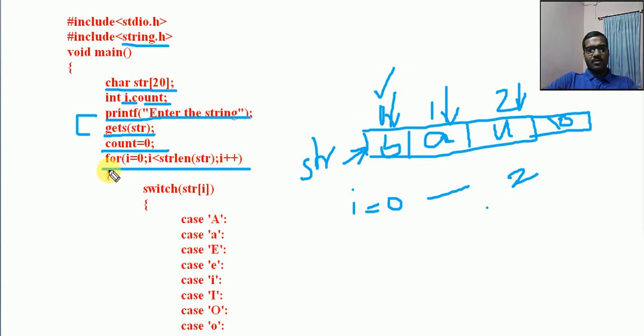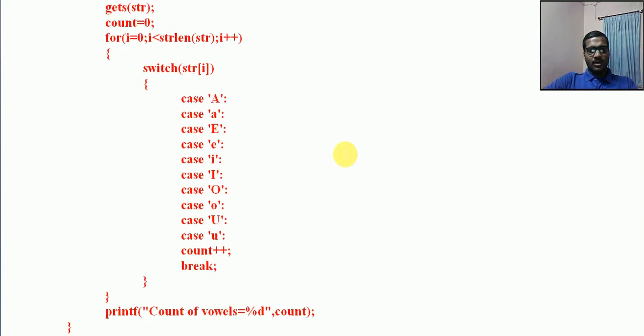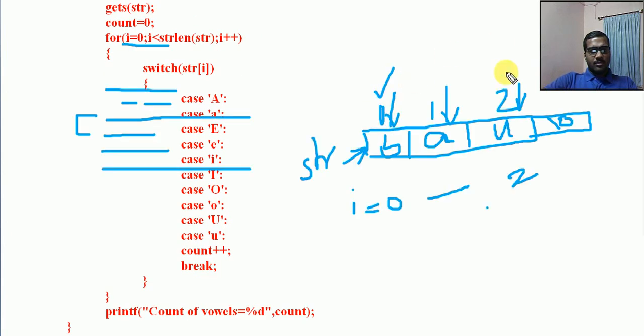Now within this loop, what we are doing is we are using a switch. What is the use of switch?